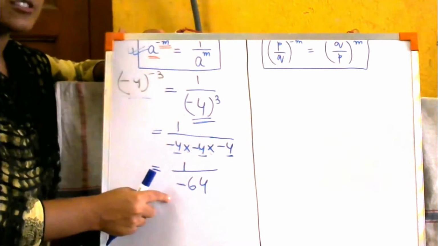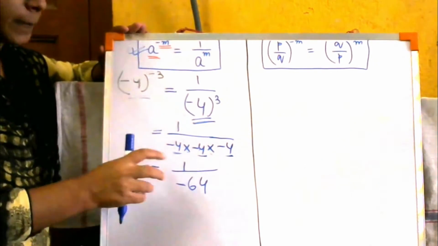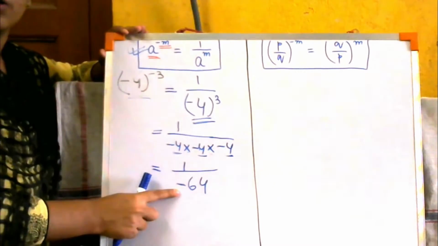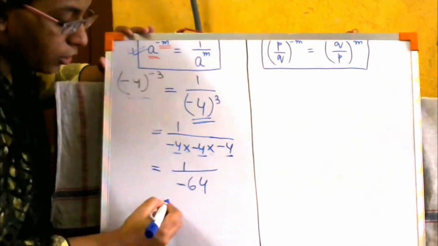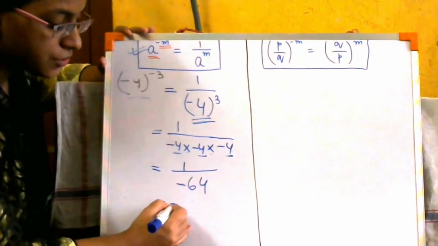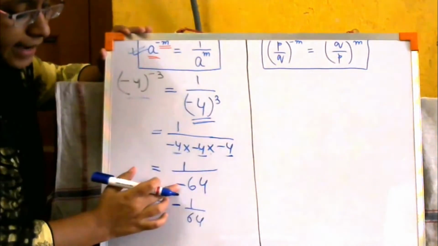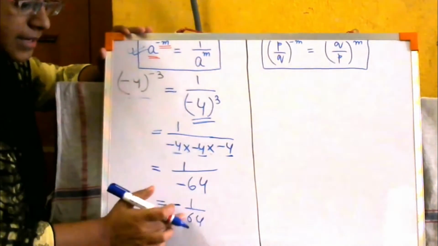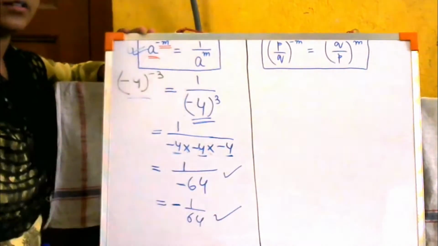But now it is not plus because there are minus 4 of 3 times. There are 3 times minus 4. That is why the minus sign is remaining. This is just a trick in mathematics. Okay, so 1 by minus 64. This is your answer. Or you can also put the minus as common: minus 1 by 64. Instead of writing the minus with the 64, you can write the minus here also. Minus 1 by 64. This is also right.